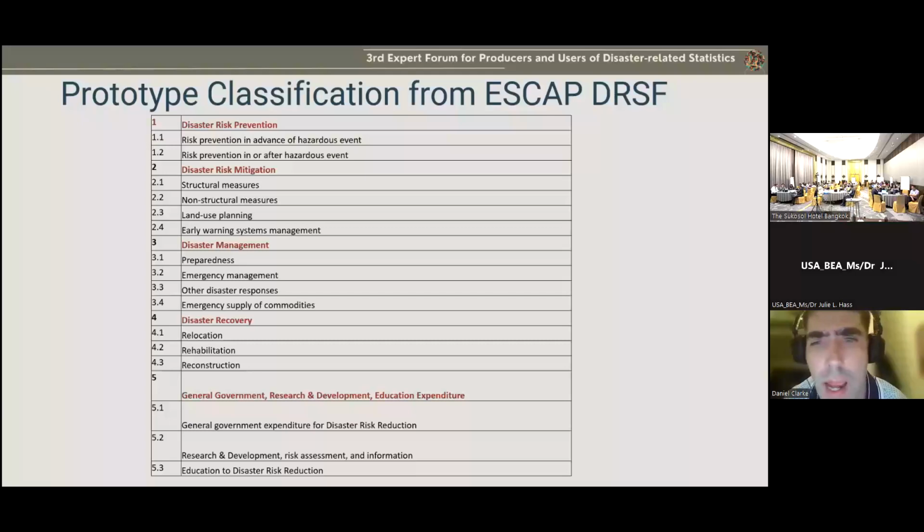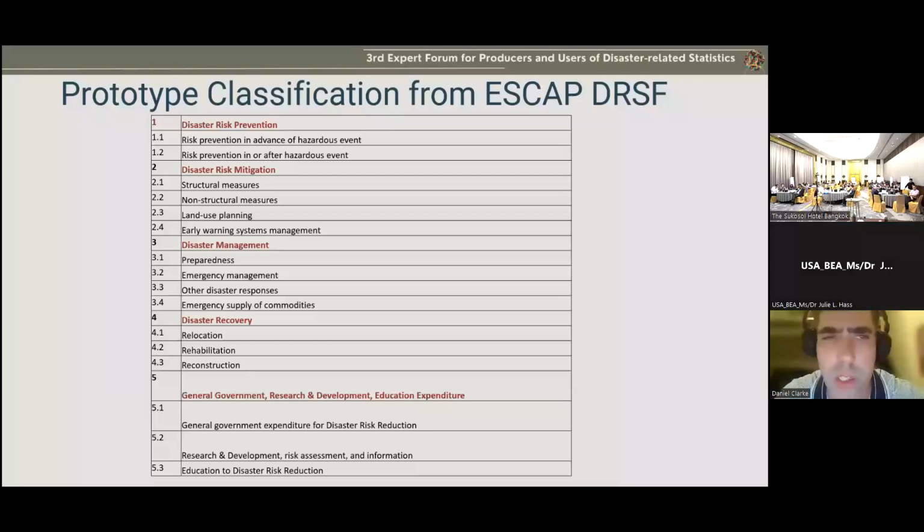So the building back better aspect of the reconstruction after the disaster, which we need to measure anyway for the previous topics, for measuring economic loss. So there is an overlap between the measurement of this DRR expenditure in general with the previous topic, and I think that's where we should start. In fact, because as we heard in the previous session, there are still a lot of challenges with economic loss. I think that that's a good place to start for trying to address the DRR expenditure as well.